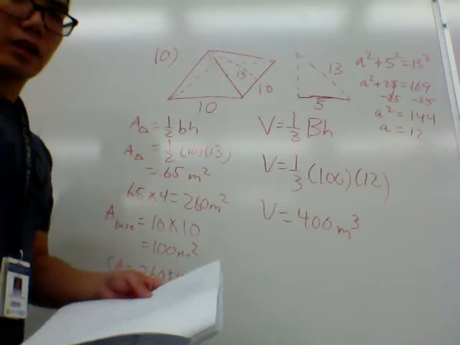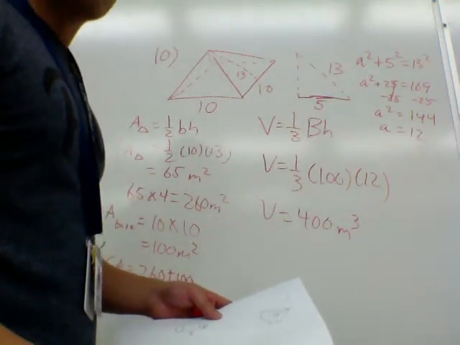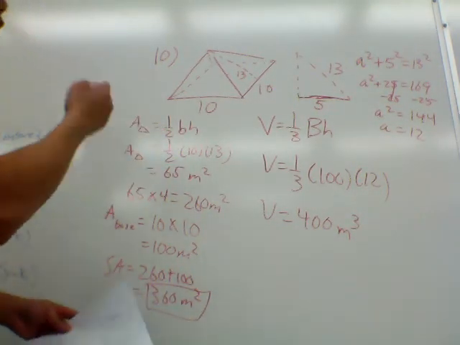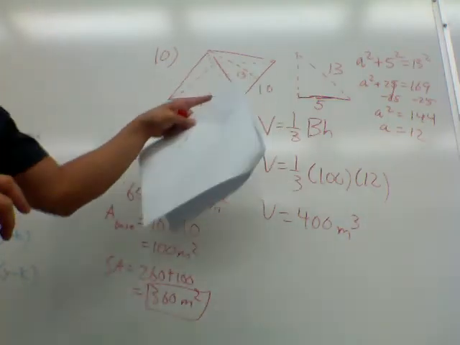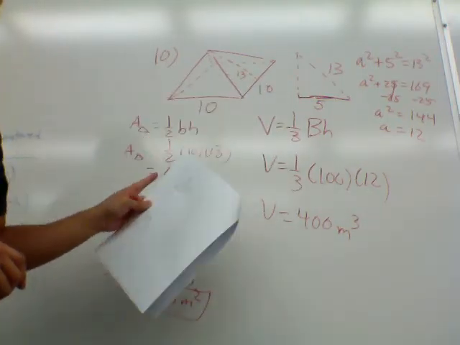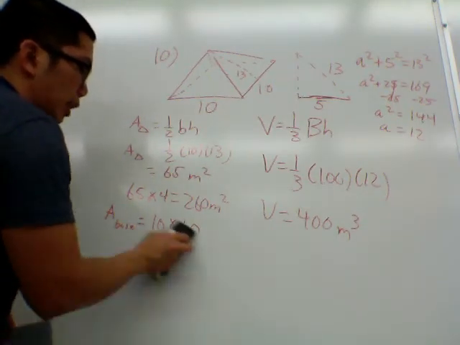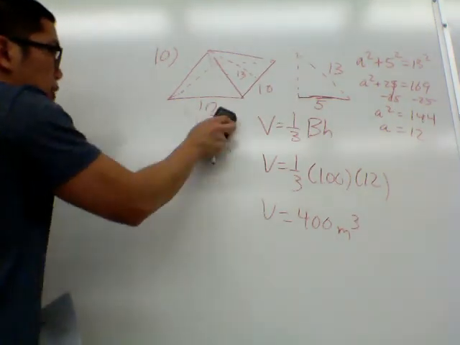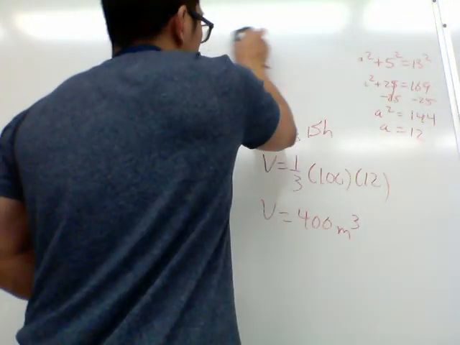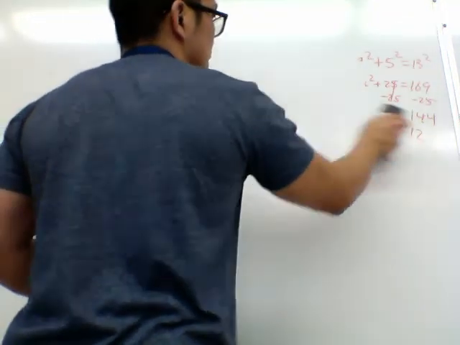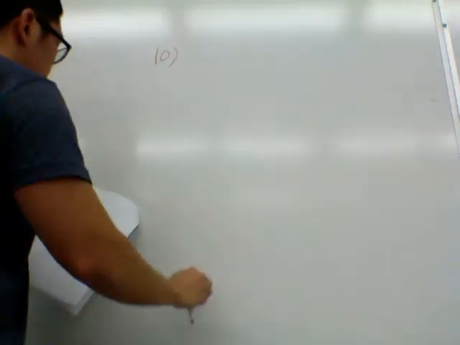Okay, so now let's look at number 11. 11 is actually kind of just the reverse of this one. In number 10, they gave you the slant height, and you had to find the actual height. For number 11, they gave you the height, and you have to find the slant height. But you actually do the same thing, you just do Pythagorean Theorem to find the missing side. So for number 11,